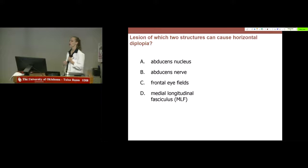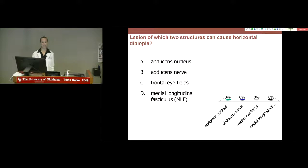Okay, so before you commit to your answer, does a lesion of the abducens nucleus cause double vision? I'd say it does not. Okay, so I think we've had some changes where some people are scared to commit. Okay, so let's find out the right answer. Oh, it is the...